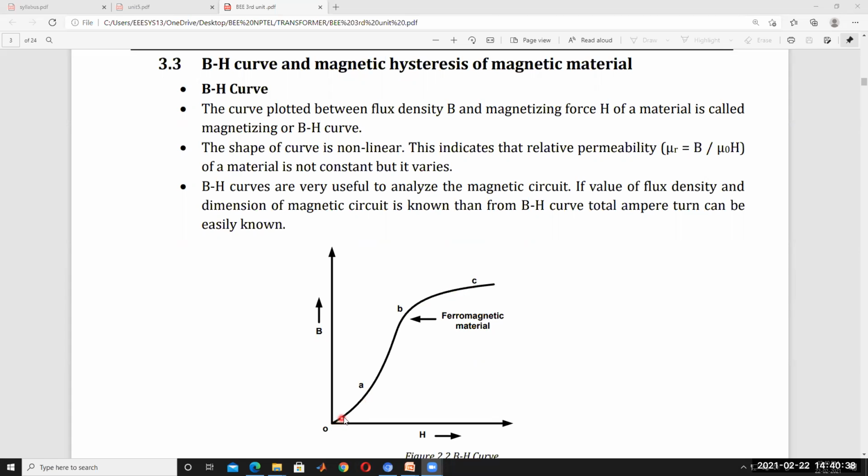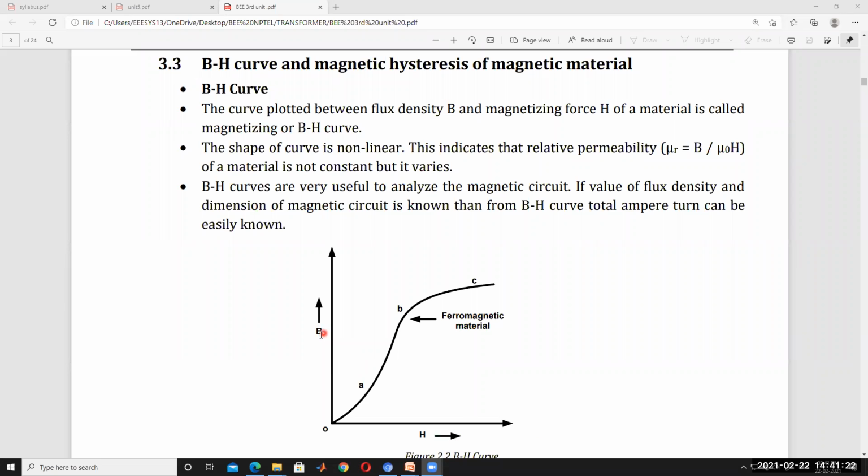There is proportionality up to a certain point, and after that there is a non-linear relation between the two. If you keep increasing the magnetic field intensity H, the magnetic flux density B does not increase after a certain point, up to the saturation point. On a magnetic material, the flux density stays constant even though you increase the field intensity.